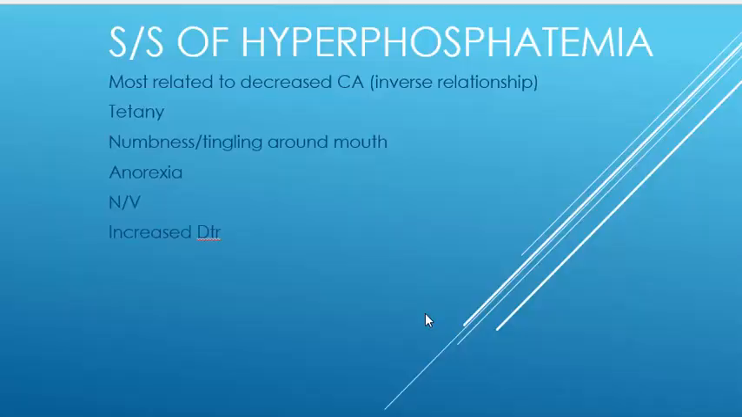Signs and symptoms: most of your signs and symptoms of hyper are going to be related to decreased calcium. We know if calcium is low, your phosphorus is going to be high. If phosphorus is high, your calcium is going to be low. If calcium is high, your phosphorus will be low. So with hyper, it's all going to be related to that decreased calcium, which causes a lot of neuro issues,